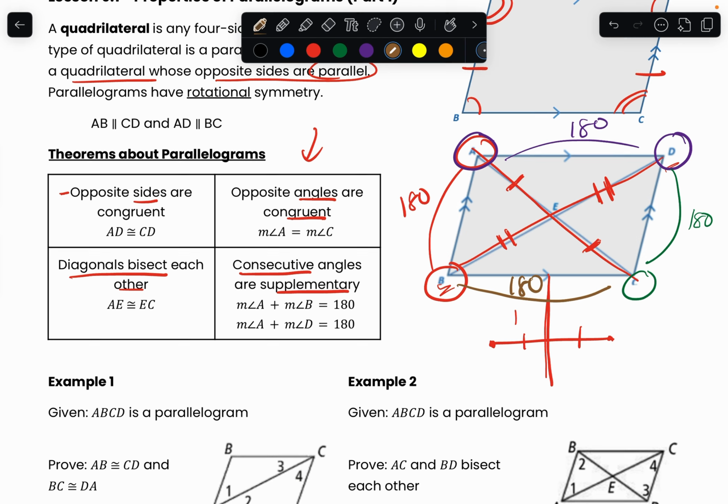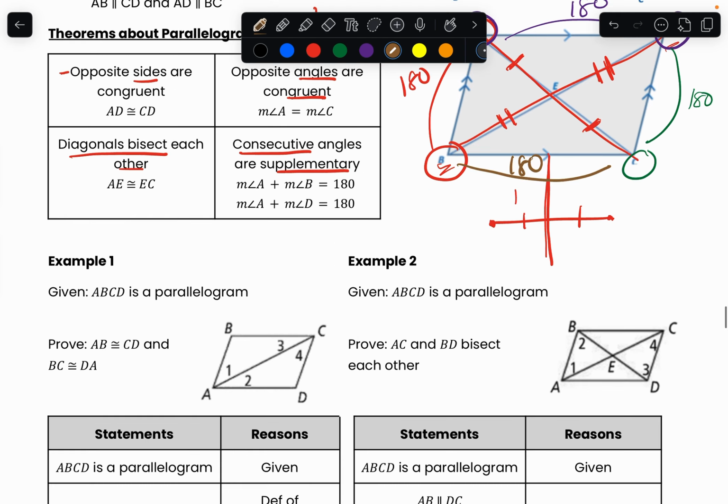Okay, now let's look at example 1 here. Now these two periods we did not go over